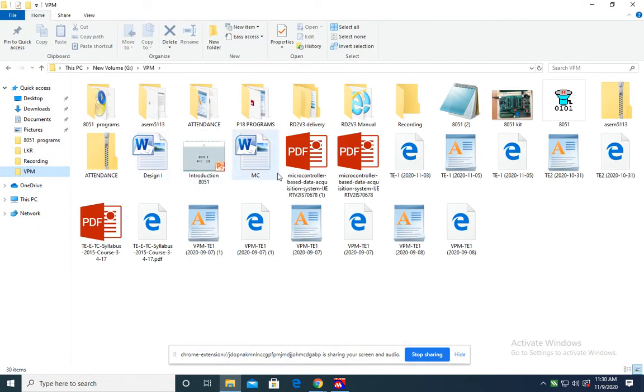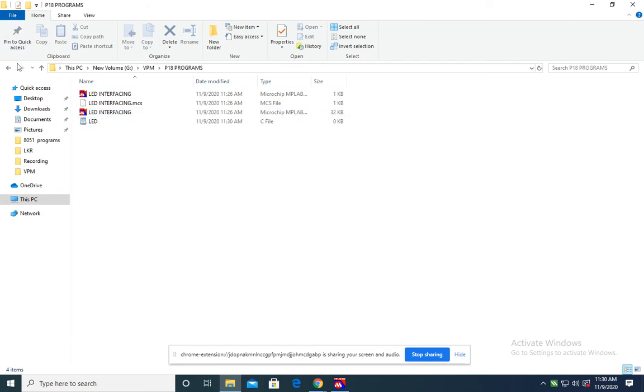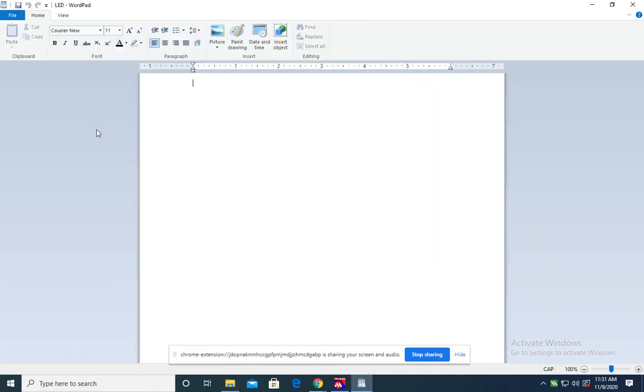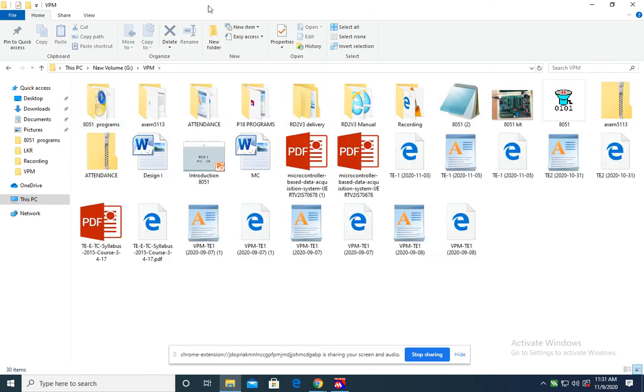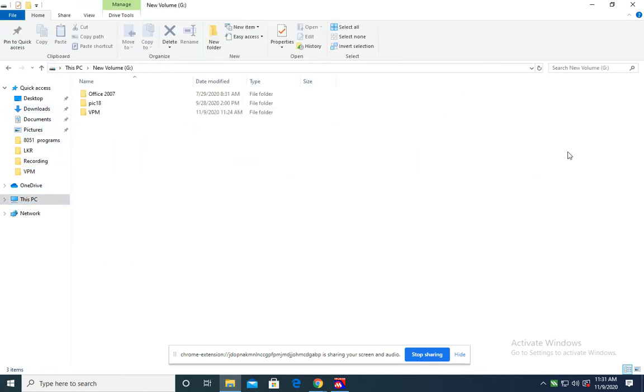I will go to my folder with the programs and open this folder and this file. Here I have created a folder, so I will go for P18 again and search for it. That folder is not available. Let's see where it is available.